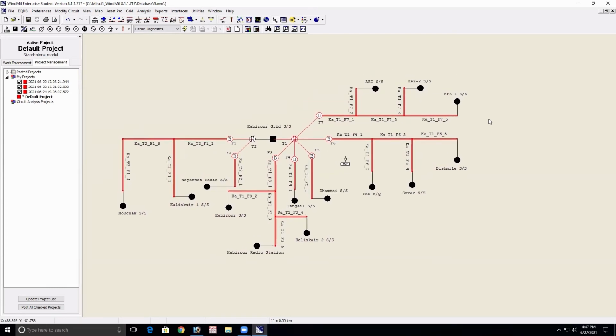And this time we are using the AutoCAD single line diagram, and this single line diagram exists in our Kobirpur areas.